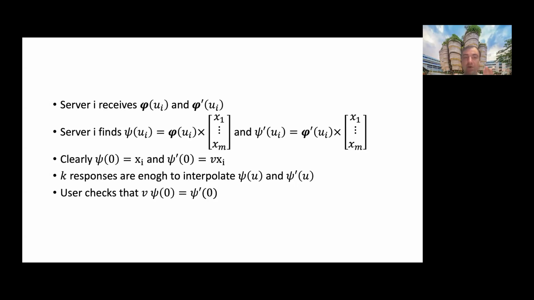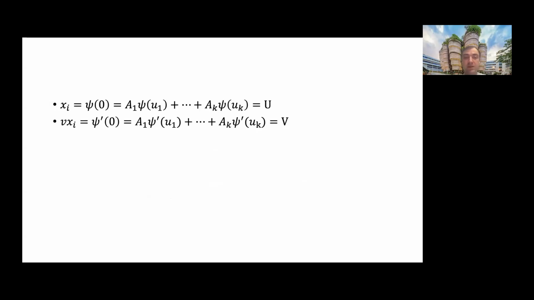And clearly the values of these two polynomials psi and psi prime in point 0 are equal to xi and v times xi, and k responses are clearly enough to interpolate both polynomials by Lagrange interpolation, because they are polynomials of degree k minus 1. After that, the user checks the following condition: v times psi in point 0 is equal to psi prime in point 0. So it's a simple protocol, but how can we estimate the probability of adversarial success,